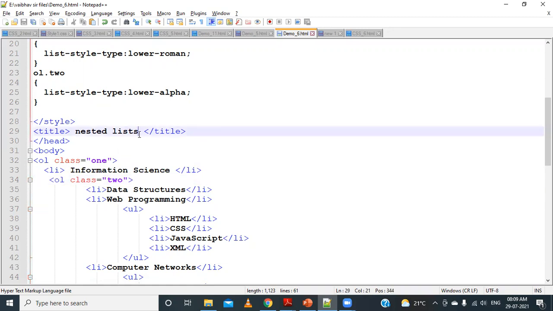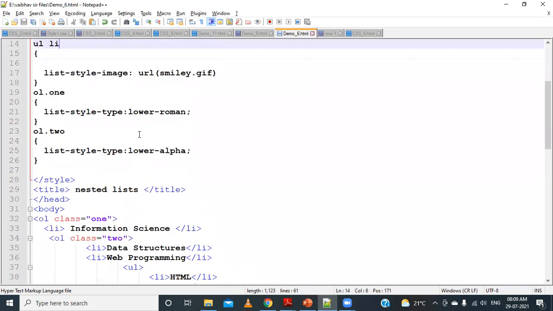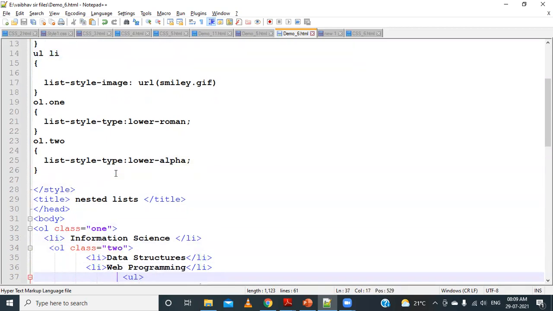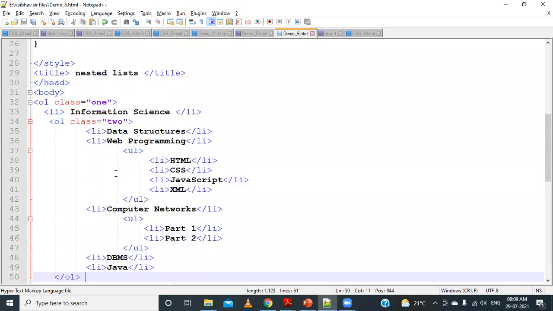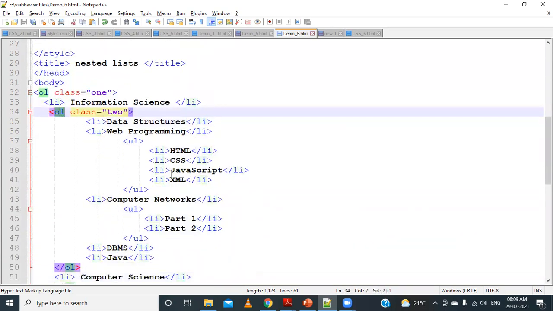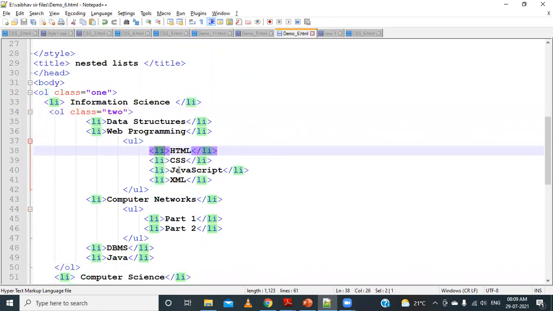If you remember in the earlier cases that we have discussed, if you want to use nesting, that is the list item which is followed inside the UL. Similar to that, consider that this is the LI which is inside the OL. So this LI, that is HTML, CSS, JavaScript, XML, they are inside the UL.